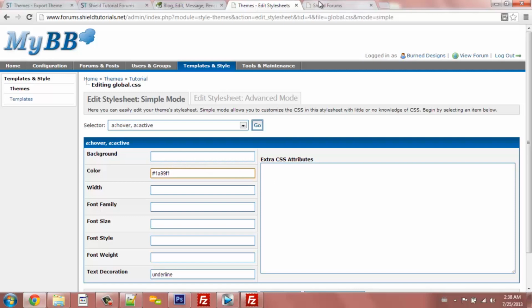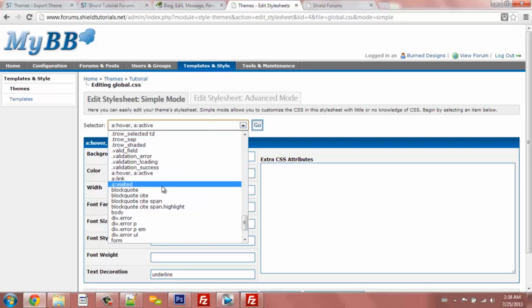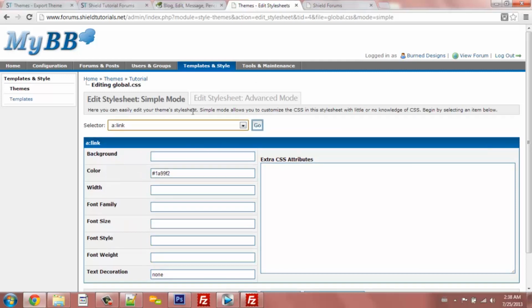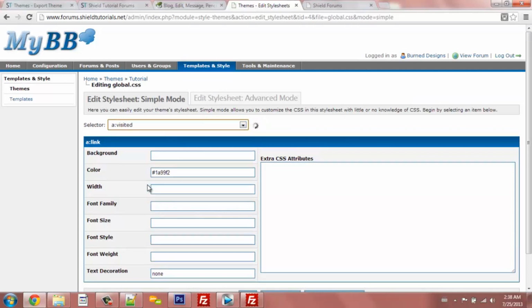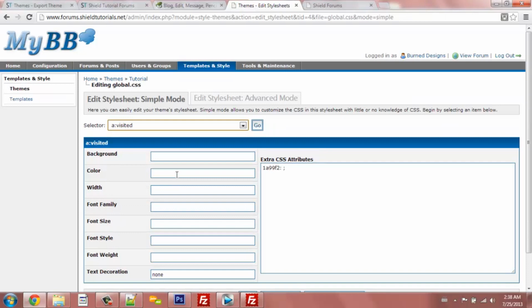Actually, it wasn't A hover and active, was it? I think it was visited. Oh, that's why. There. Now that we've fixed that,